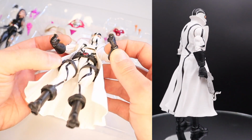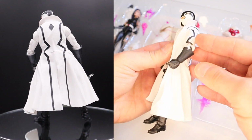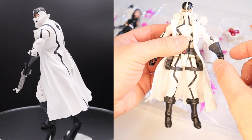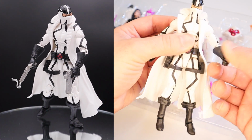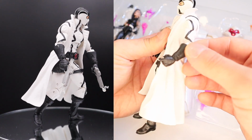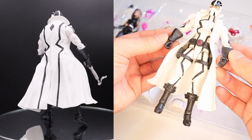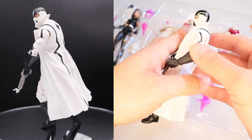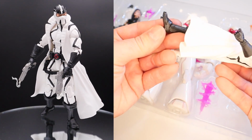Two gun-holding finger hands. That's quite important for the guy who's an assassin. And this hand is bent inwards, so probably we're gonna have to give him a really warm bath. And besides, a little bit of discoloring of the plastic on his gloves. I don't really see any other faults